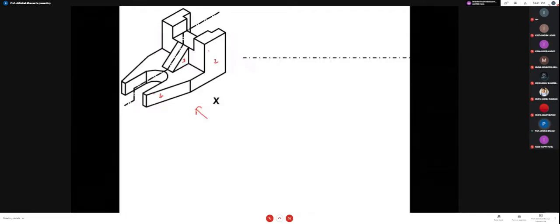Okay, so if I want to draw this, so here the top view is seen. So in a front view, these three portions will be visible to me directly. If I want to draw the top view first, in a top view, such section, L type of a section over here, this rectangular section, and this portion will be visible to me. So if I want to draw this in a top view, I am going to do this thing. This will be directly visible. This will be visible. This will be visible. This will be visible, and this will be visible. Almost all the thing will be directly visible in the top view. So that I am going to draw.